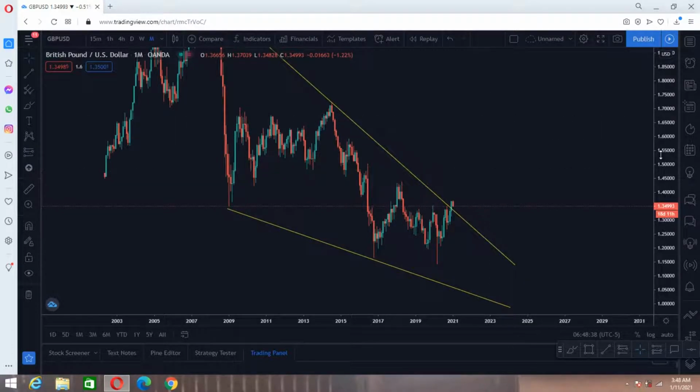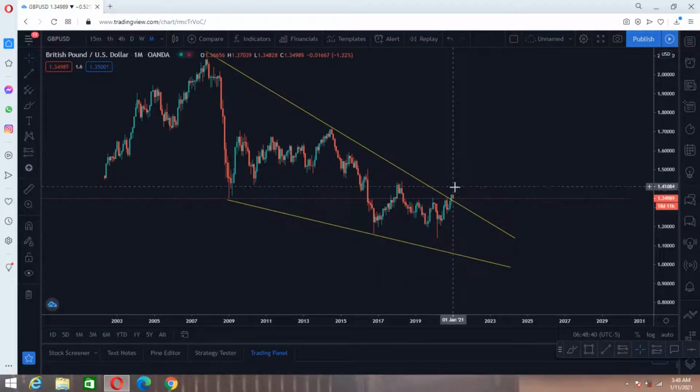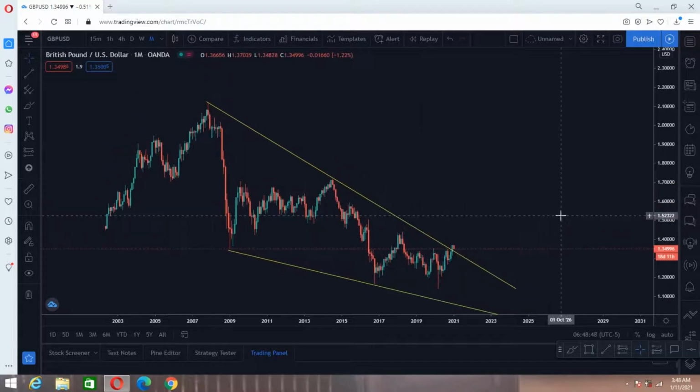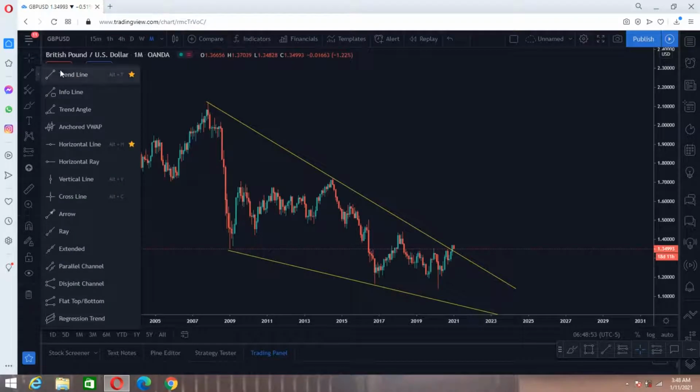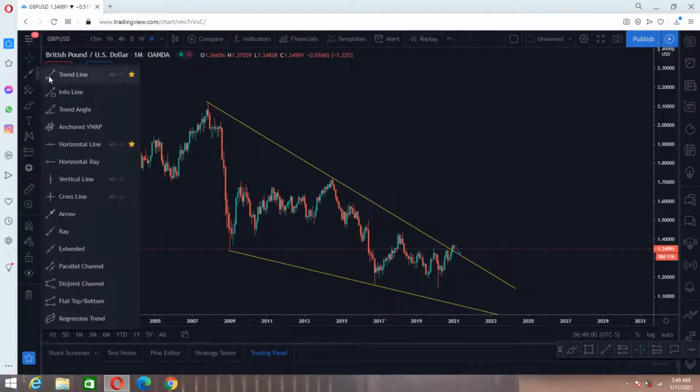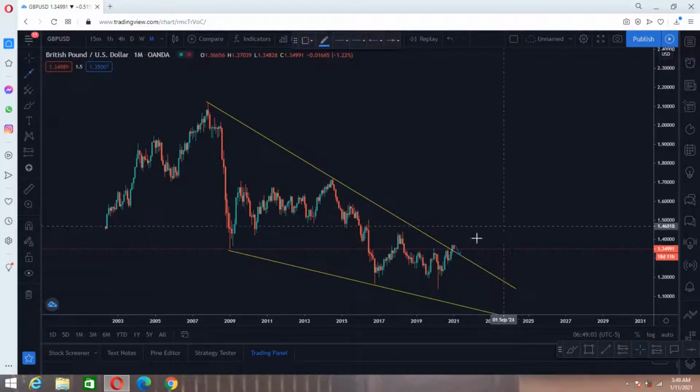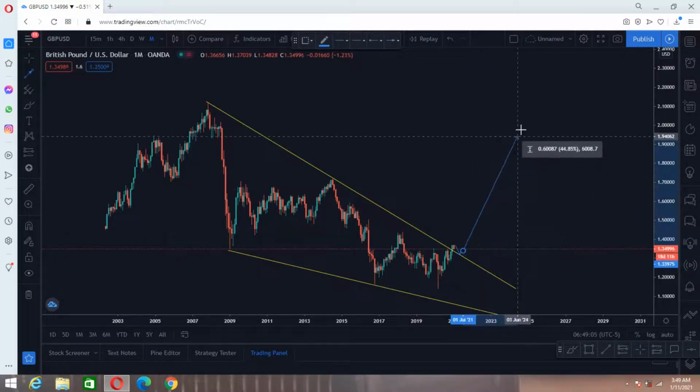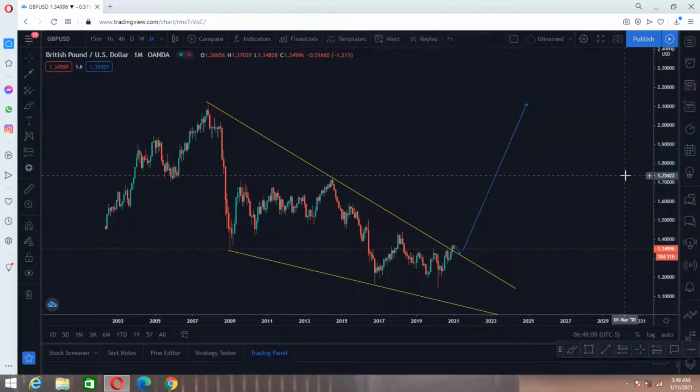As you can see, it broke here, but we'll just have to wait for it. I'll show you what I'm seeing on a smaller time frame. It might be a possibility that it comes and retests, because it broke the structure. Then it goes up. So this is what might happen, but I'll go down to the smaller time frame so